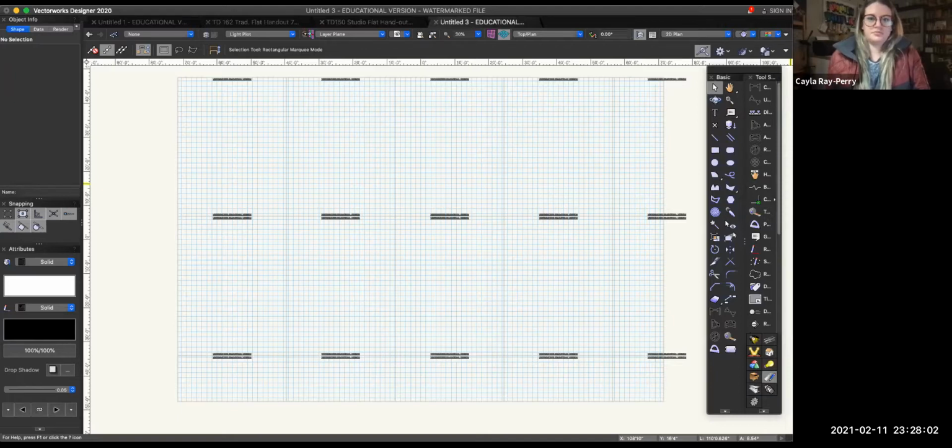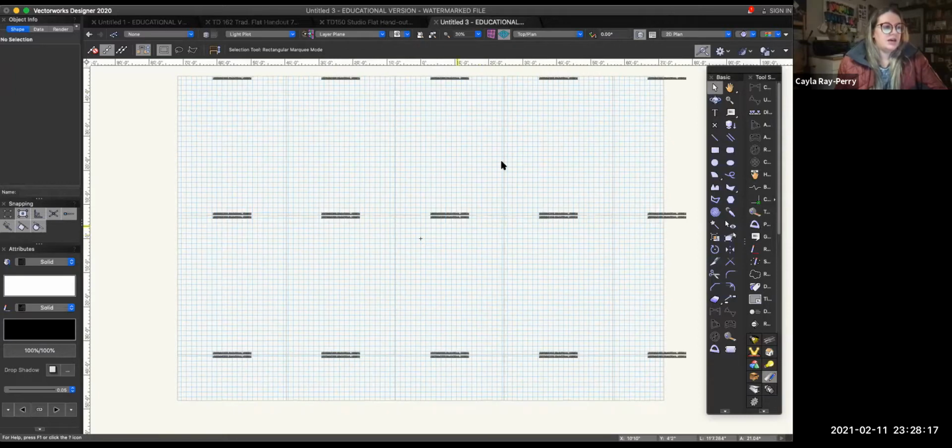Ready to go. So when you open up Vectorworks, a new document, you're going to get a grid. It's in some sort of default scale right now, which is why the grid is really tiny. So we need to make sure that a couple of things in our settings are already in place before we start. So the first thing is,